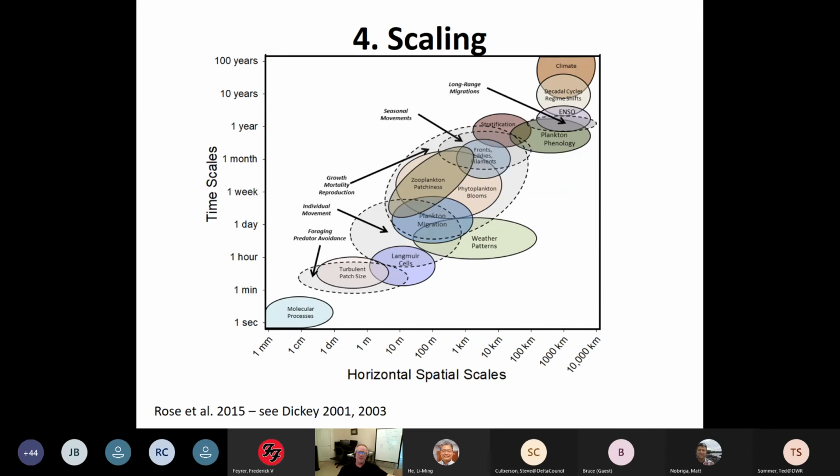This is a figure about scaling. These are all processes that are occurring and how they affect growth, mortality, seasonal movements, etc., from millimeters and seconds to 10,000 kilometers and 100 years. When I sit there with the experts on the system and the species, which I am not, this is how I'm thinking: what should I include in the model and what should I not include in the model? And it's judgment, but it doesn't mean it's weak. It just means you need to be aware of it when you're looking at model output.